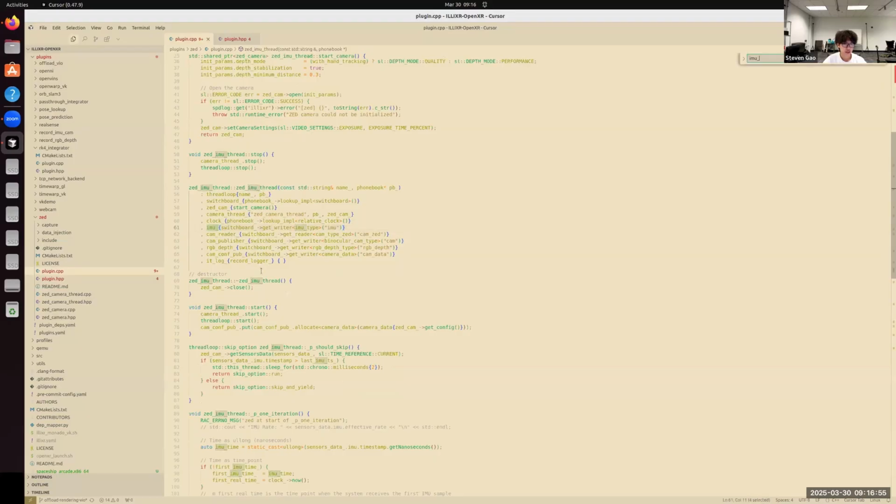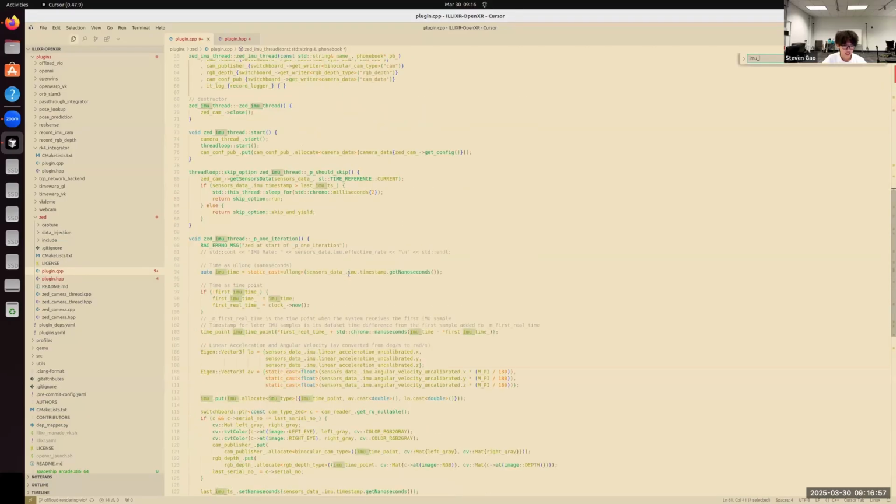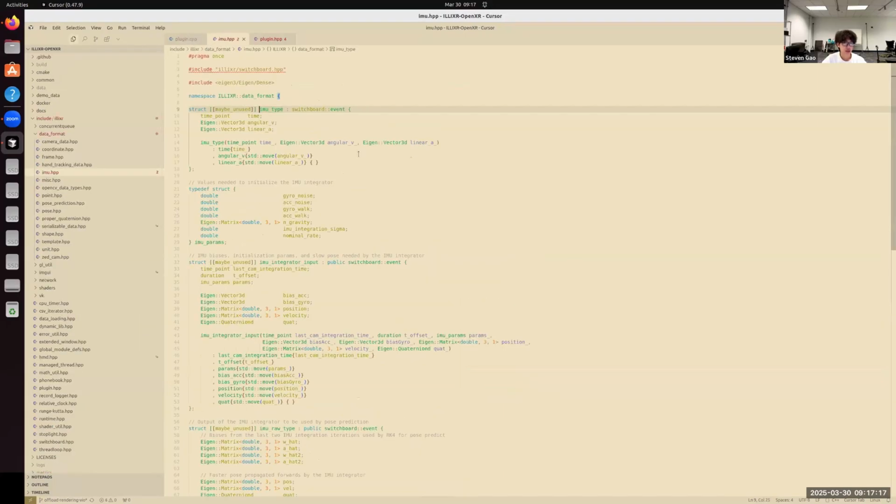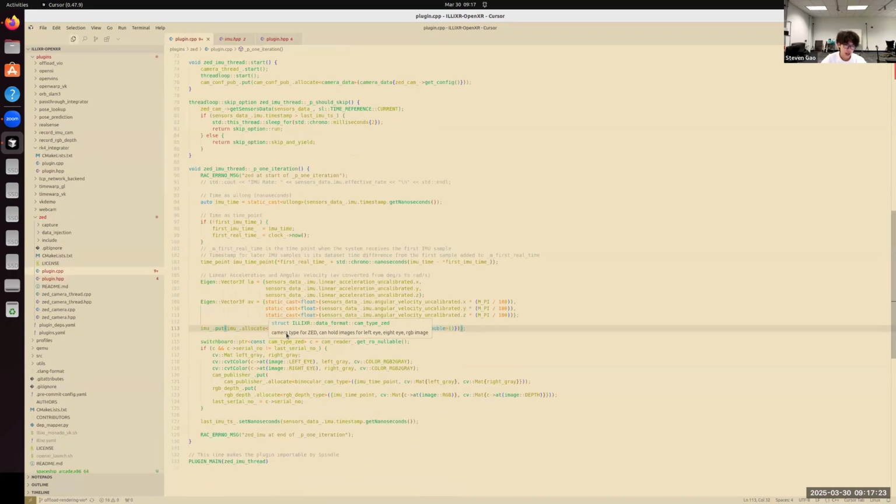Here, line 113. After we got the acceleration data and the other data from the IMU from the Z camera, we allocate a new IMU type, which is a struct we define that contains all of the data we need, and we put it into the topic.